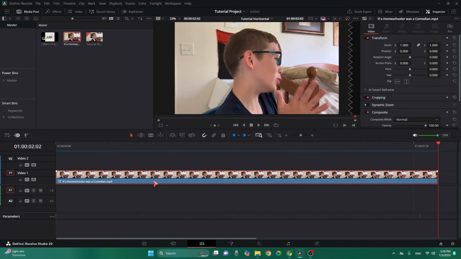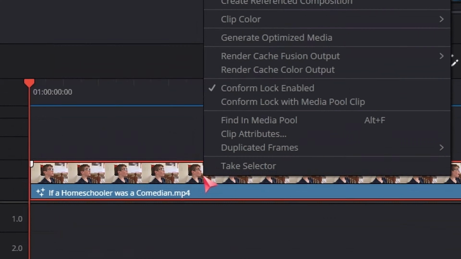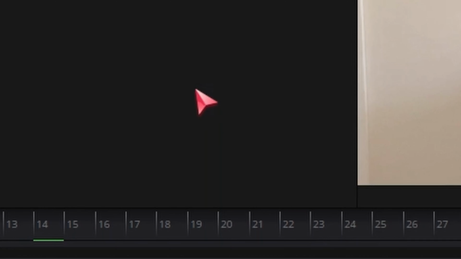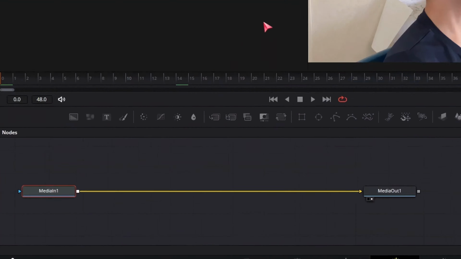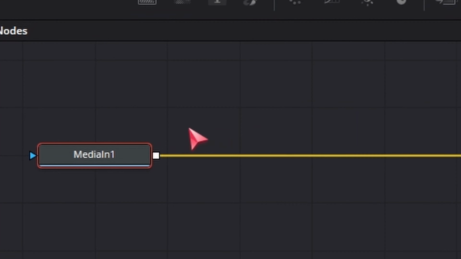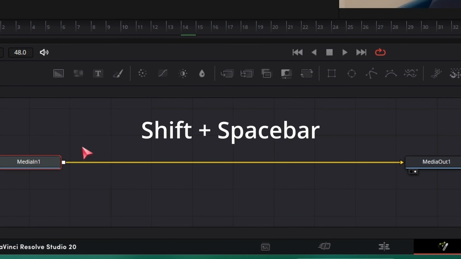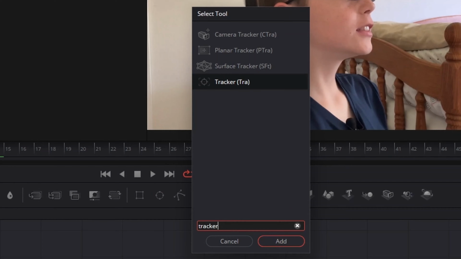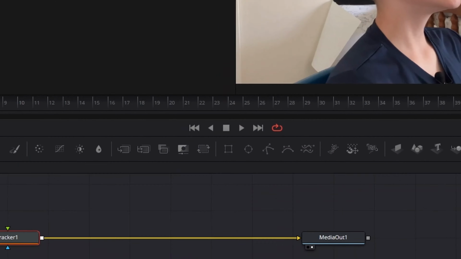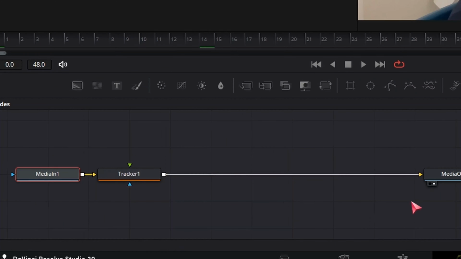So what I should do is select the video clip, right click, and go to Open in Fusion page. Now Fusion might seem scary at first, but this is actually very simple, so don't get overwhelmed. First, you're going to select Media In 1 and hold down on your keyboard Shift plus spacebar. Next, search Tracker and click Add, feeding your media through the tracker,